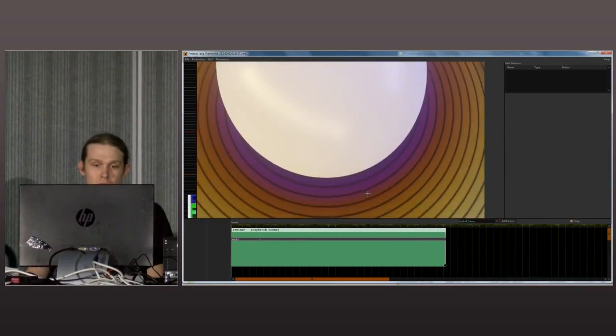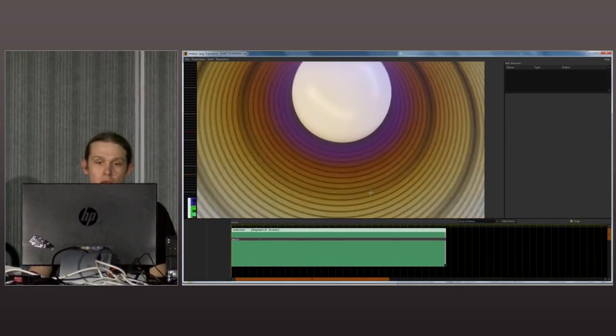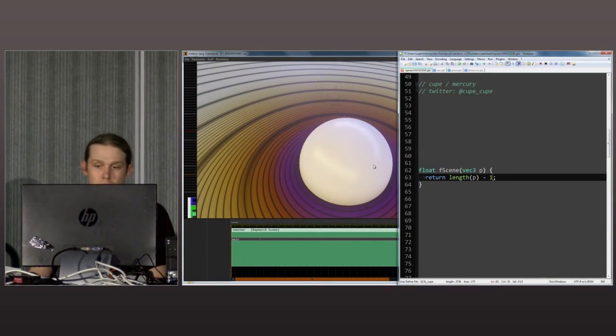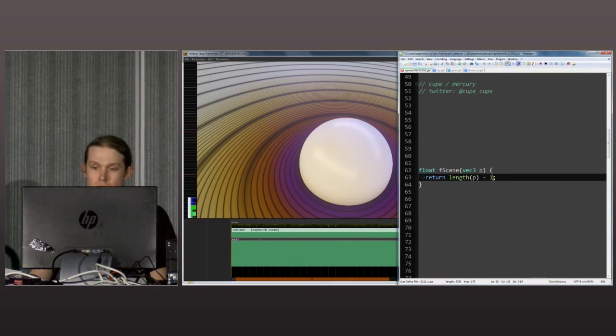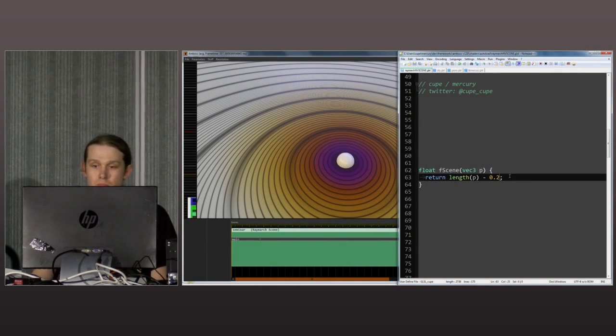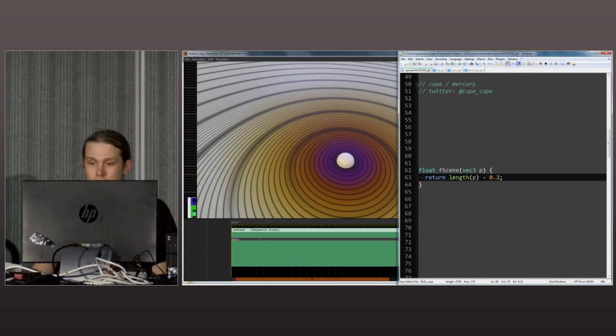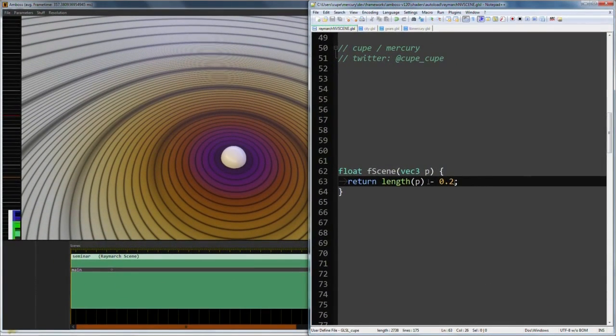So, and right here we see the output. It is a sphere. And if I just, for example, change this number, yeah, I will get a smaller sphere. So basically, the thing is, you sit down, you want to write a function that returns this kind of distance. For a sphere, you can do it. And probably, if you take some paper, you can do it for a box as well, for example. And